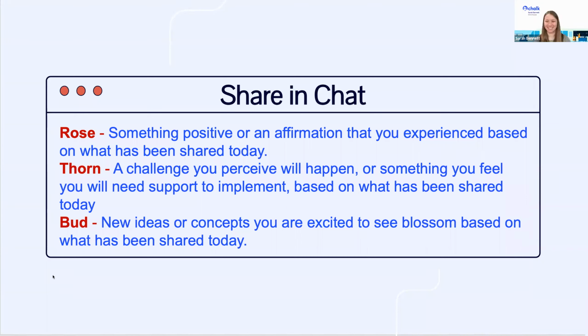Here's another rose. Some of the things we are starting to do with our new curriculum committee are on track. That's always exciting to have. Oh yeah, I want to be affirmed there. A thorn: higher level, wanting to get everything done next year. Yeah, a reminder that slow and steady wins the race.